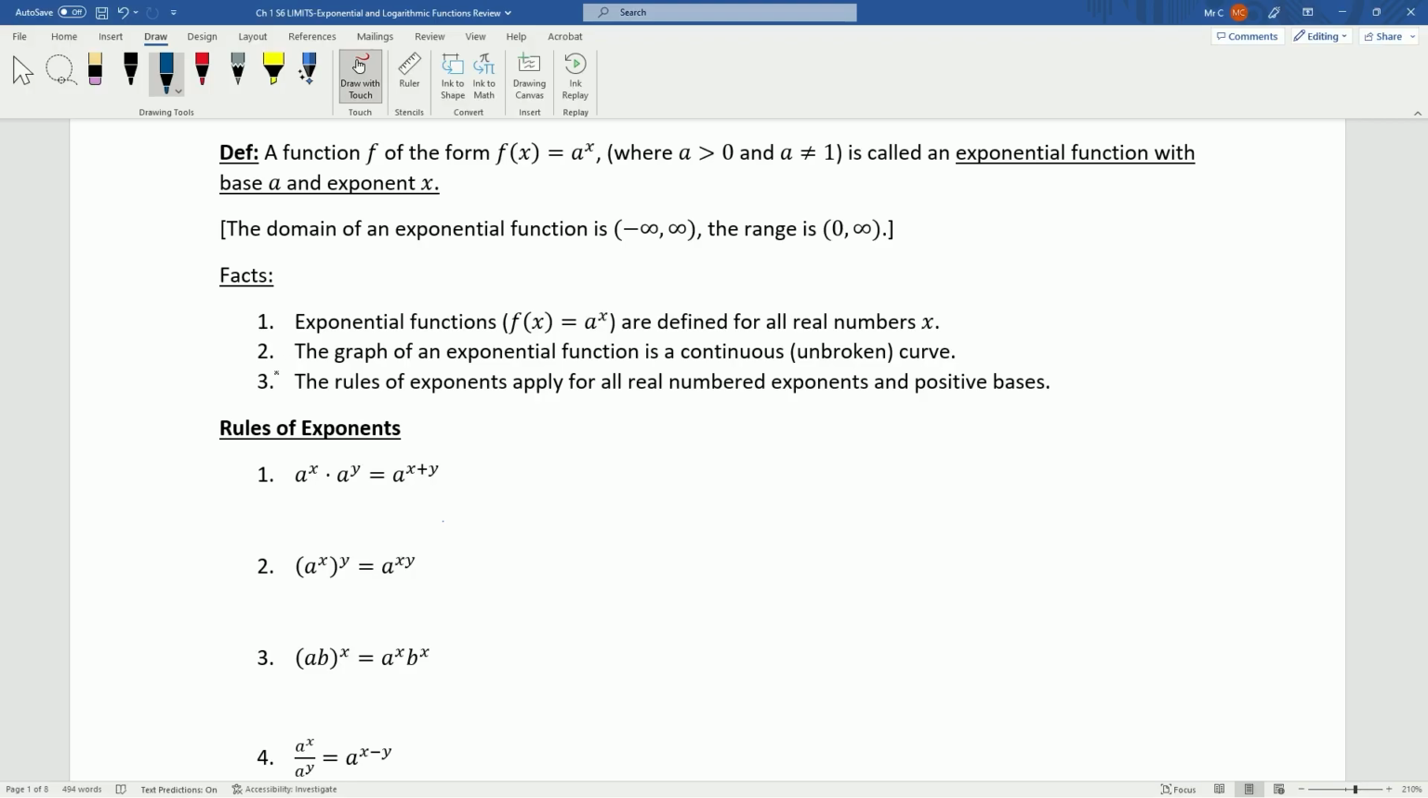So to re-summarize this stuff, exponential functions are defined for all real numbers x. The graph of an exponential function is a continuous unbroken curve, and the rules of exponents apply for all real numbered exponents and positive bases. Now, this is sort of the rough definition of the exponential function. I'm not going to go crazy into depth on the tricky details, but